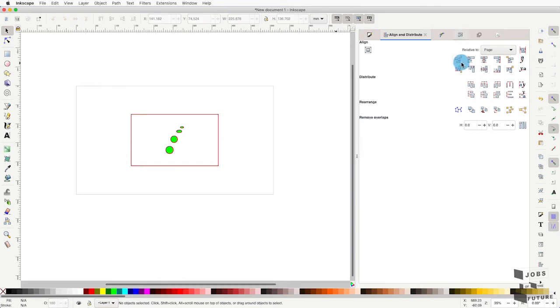Here you have a lot of options, like it's typical in Inkscape. Like you can choose to align one object to the last one selected, or to the first one, to the biggest one, the smallest one. And then also, when you have many objects, you can also choose to distribute the space between one and another. Then there are also some automatic functions of Inkscape, like rearrange the objects